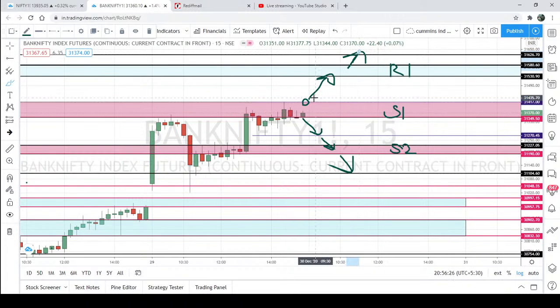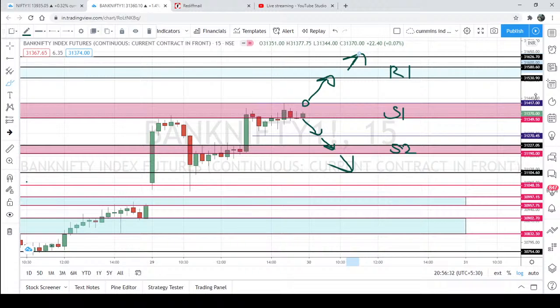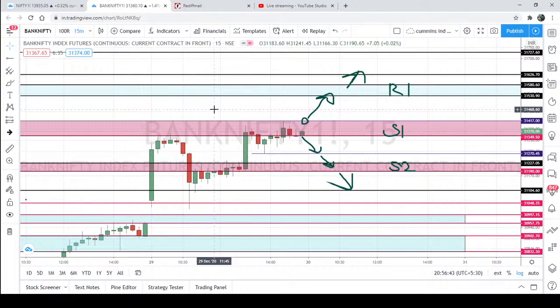So the way I see the charts today, I'm expecting some good momentum on the upside before expiry itself. Either side, it can be upside or downside. That's my analysis. This is what my trade plan is. Guys, as I've said before, try to keep the trade plan very simple, don't complicate it. And if you want, you can draw these levels on your system and see how price behaves based on our levels.